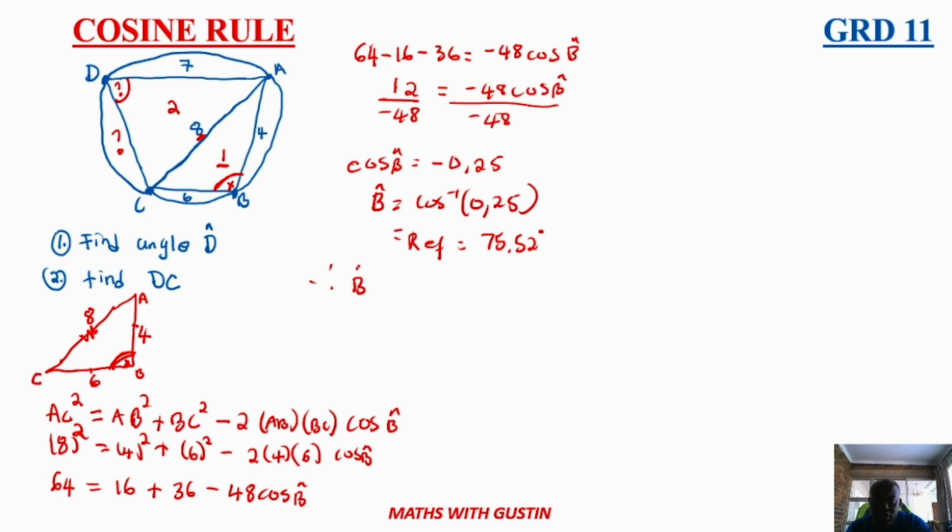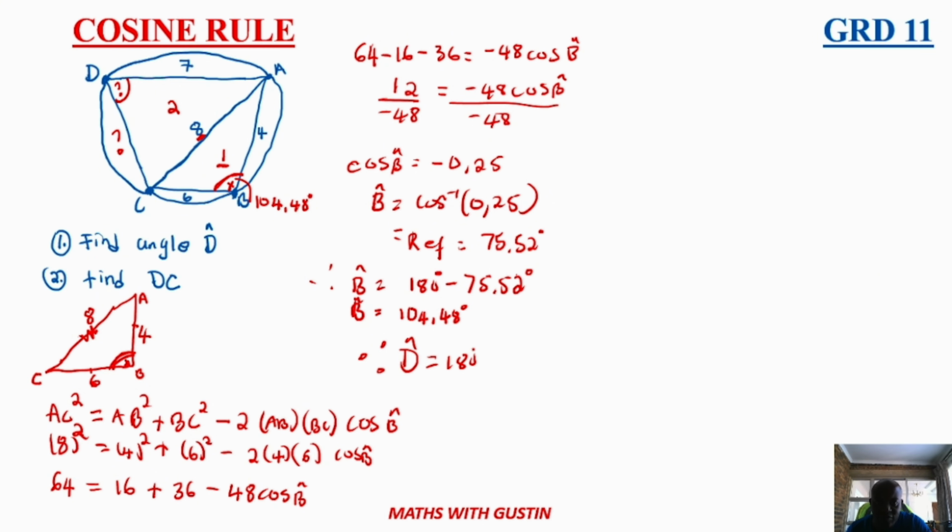Therefore, the actual angle is going to be 180 minus... guys, I'm not going to stress further. If you don't understand what I'm doing here with the angles, please go check out our videos on trigonometry. But this is basically what I do. You don't include the negative, you account for where cos is negative. Cos is negative at 180 minus. Therefore, this should give us our actual angle, which is 104.48, rounding off to 2 decimals. That's our angle. Therefore, if now you want to find D, now you're going to say D is equal